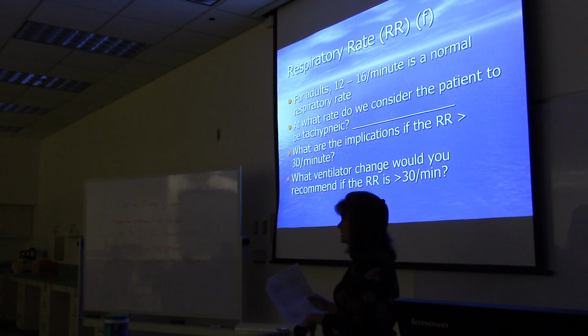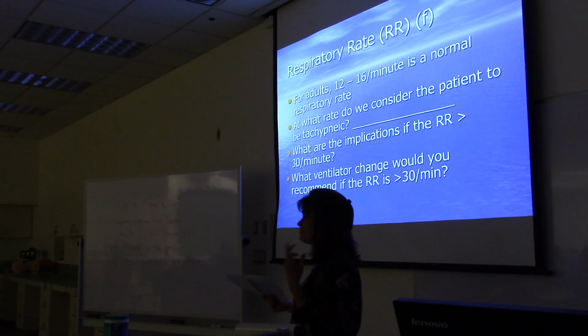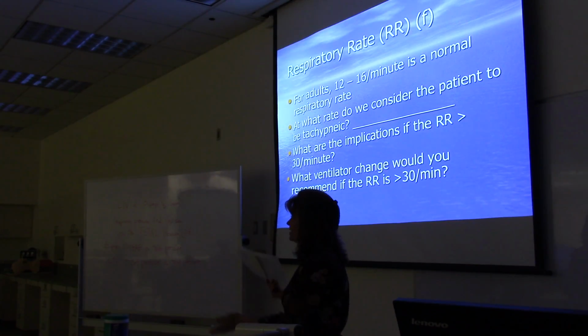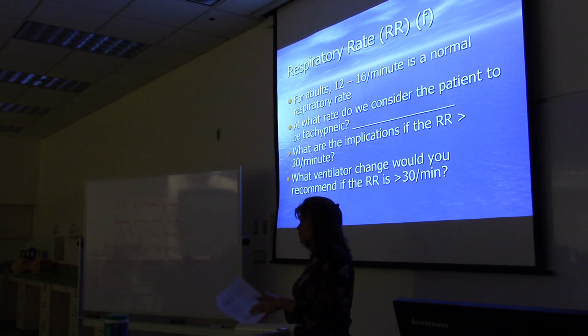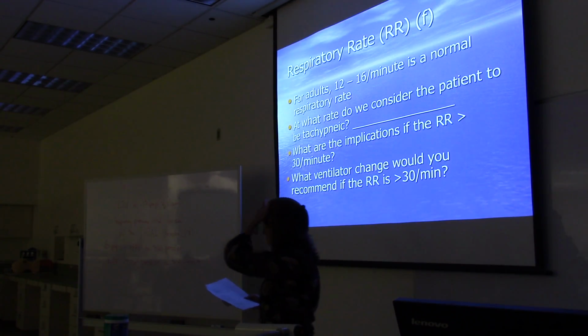So if the pH is acidotic, the way that the body is going to try to normalize the pH is by getting rid of carbon dioxide. So if you get rid of carbon dioxide, you're getting rid of acid, and that can normalize an acidotic pH. So metabolic acidosis is going to make the patient breathe faster to try to get rid of CO2, get rid of acid. What about respiratory